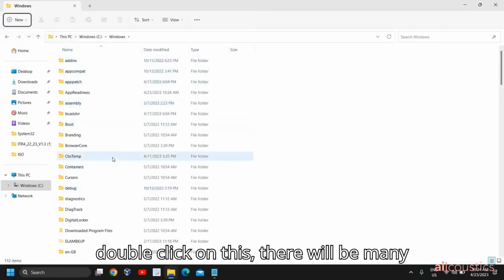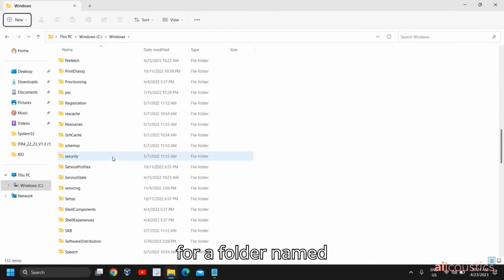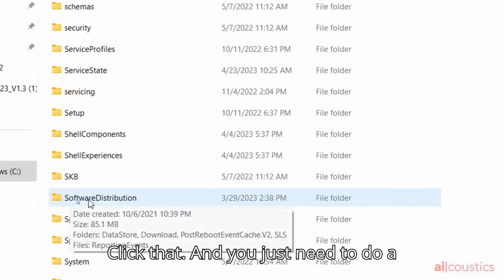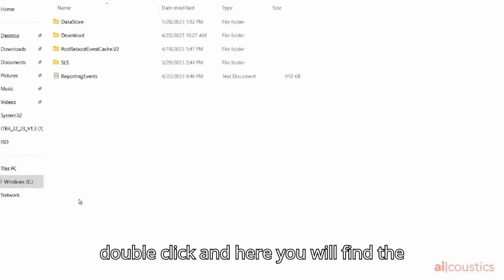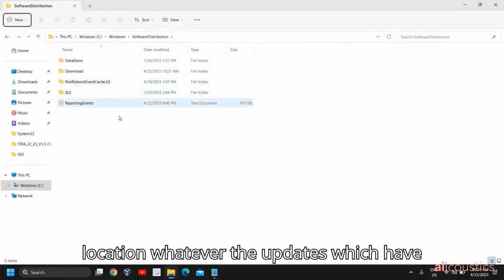Once you double click on this, there will be many folders, and here we are looking for a folder named SoftwareDistribution. And you just need to double click, and here you will find the location of the updates which have already been installed,